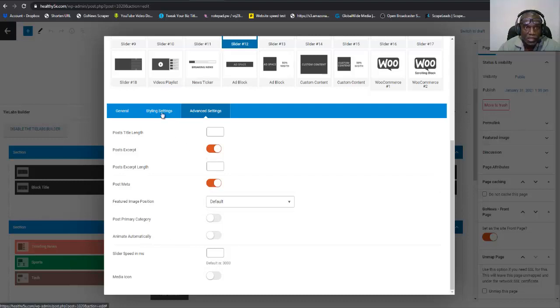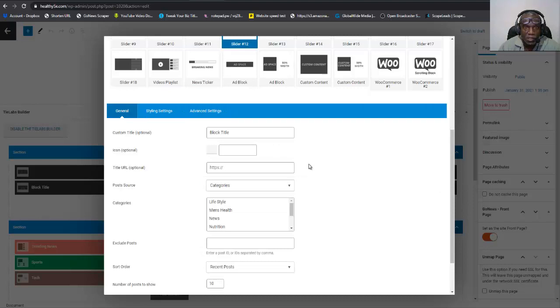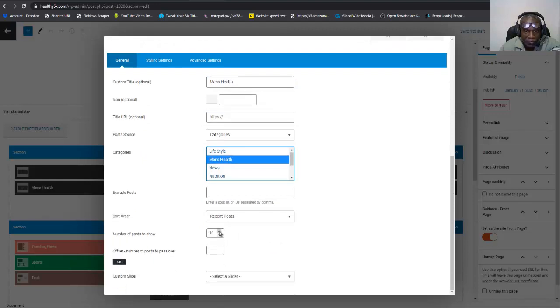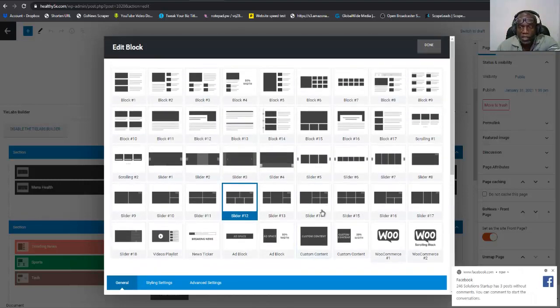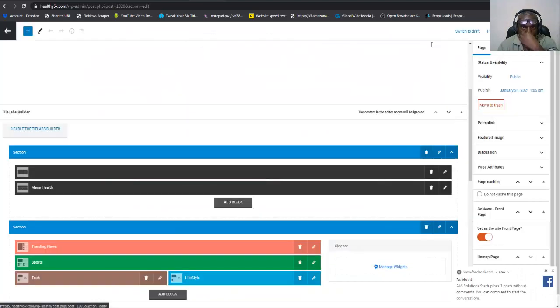I don't want that one sliding, so I'm going to go back to general, and I'm going to change this to say men's health, and then I am going to make sure that I click on this category right here, men's health, and the number of posts that has 5 sections. Yeah, so right, 10, right? And then you need to click on done right there. Next,